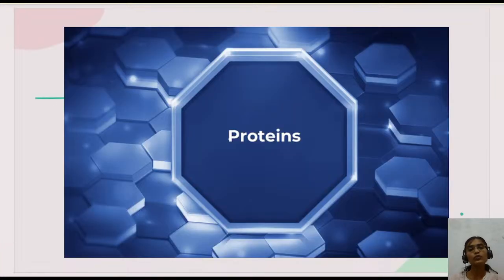First of all, what is protein? If we are discussing how they play an important role in our body, protein plays a very important